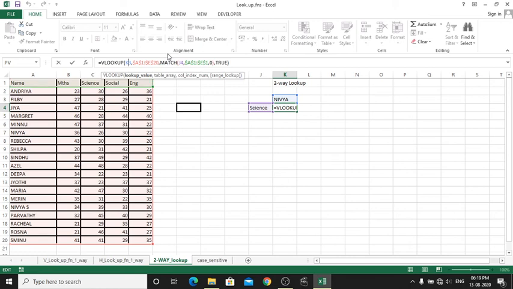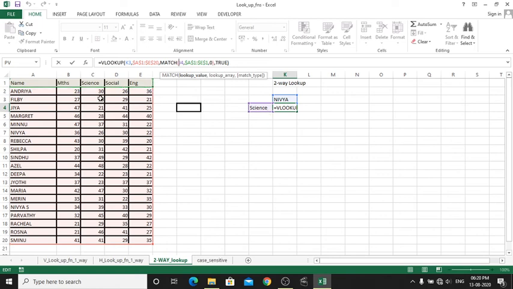So I am passing MATCH as the function in the third argument. MATCH also has arguments like this: lookup value. So in this cell I am going to put my subject, so J4, comma, the searching array will be from A1 to E1, right, where Excel should find the exact match with these subjects.